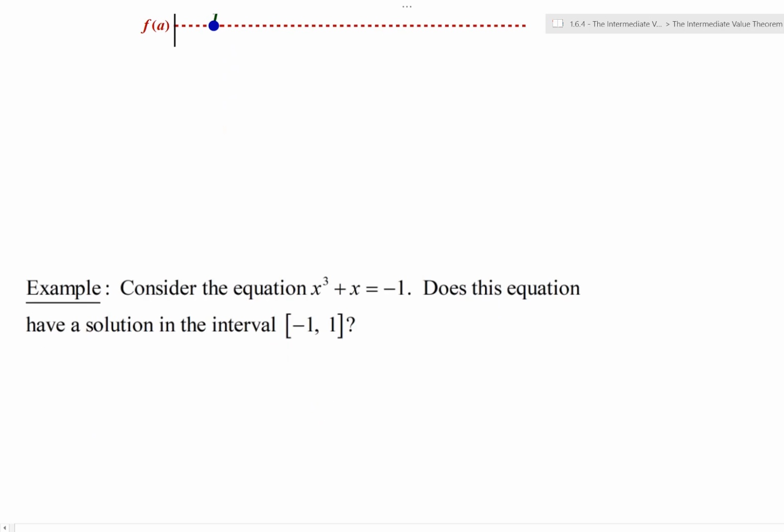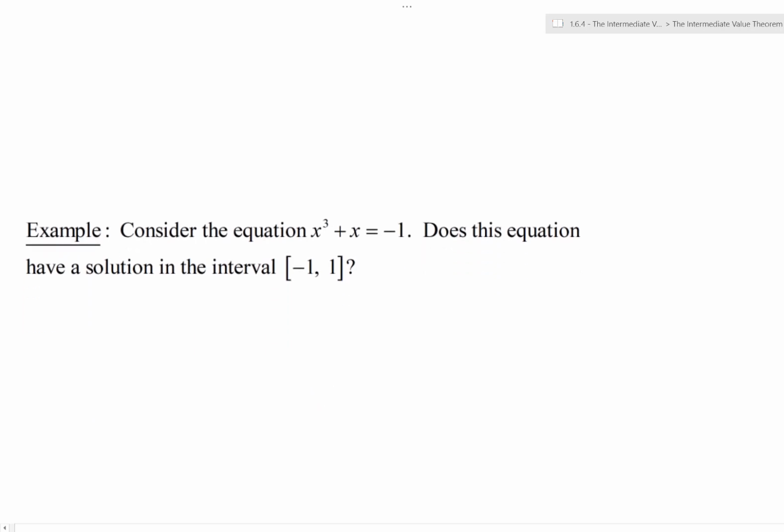So let's take a look at this example here. We're given the equation x cubed plus x is equal to -1. The question is, does this equation have a solution in the interval from -1 to 1? So we're not asking what the solution is. We're just asking, does it actually even have a solution? Because we can play all kinds of games algebraically, and perhaps we'll never get anywhere if there is no solution. However, if we know there is a solution that exists, at least one, then we know we can go and look for it. So in order to see how the intermediate value theorem is going to apply to this situation,